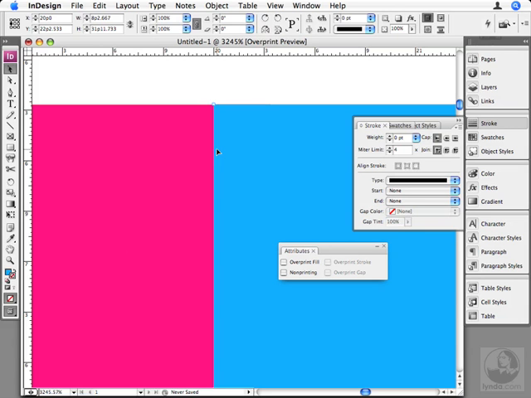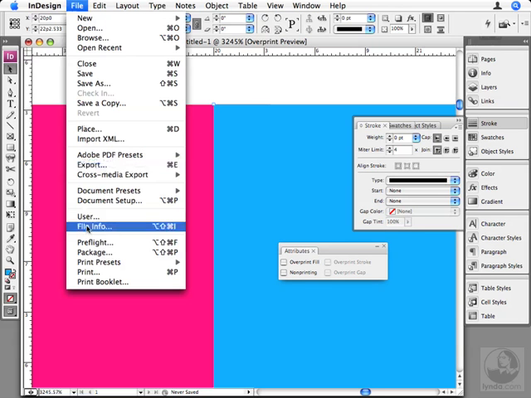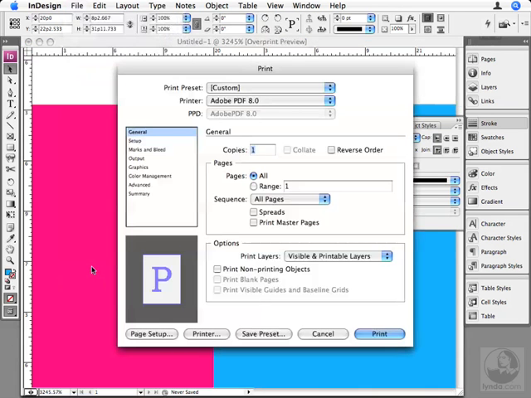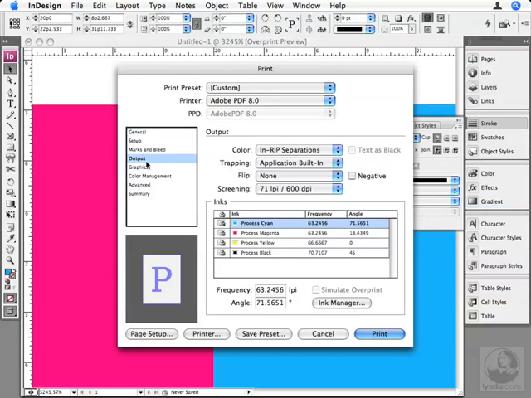A lot of people don't realize that InDesign has a whole trapping engine built into it, just like in high-end trapping software. And they don't know about it because it's kind of hidden. It's inside the print dialog box. So we're going to go to the File menu and choose Print, and I'm going to choose the Output pane here,